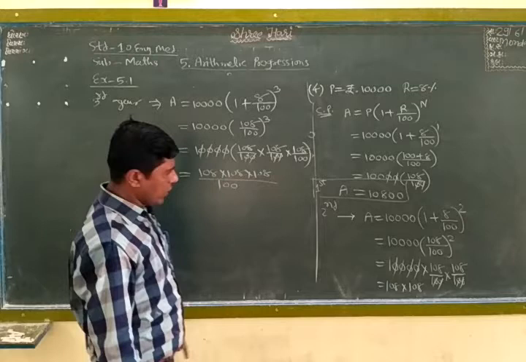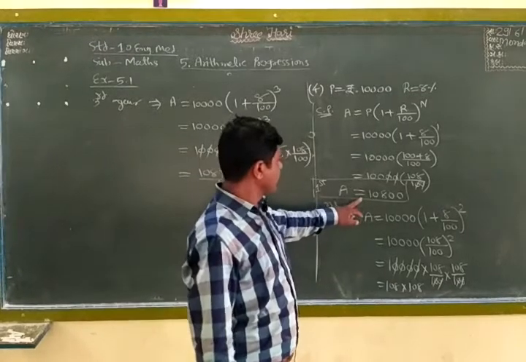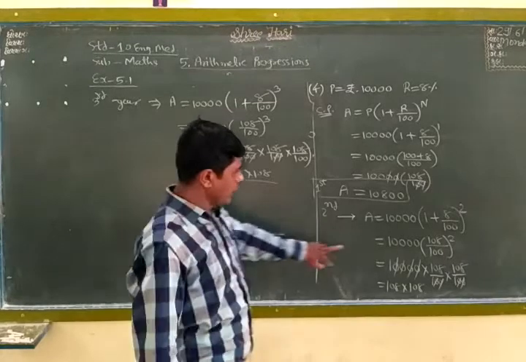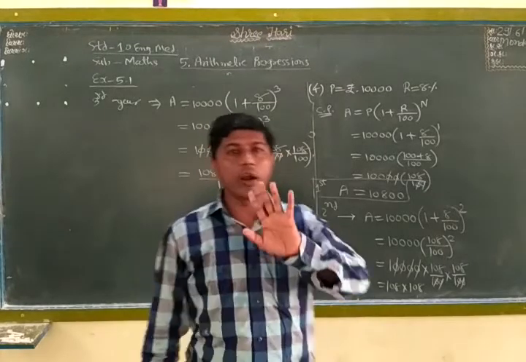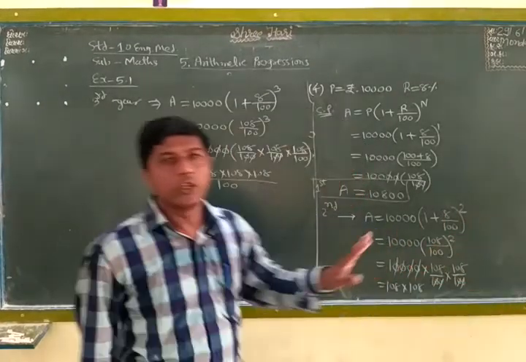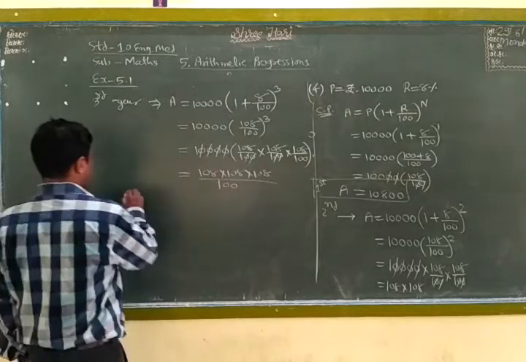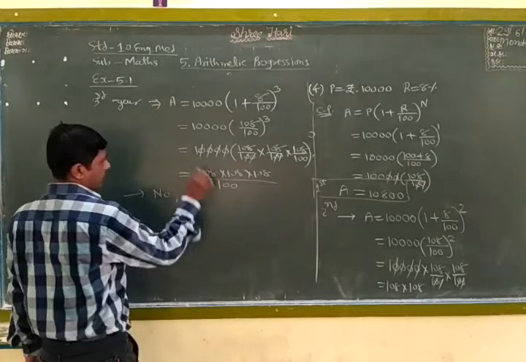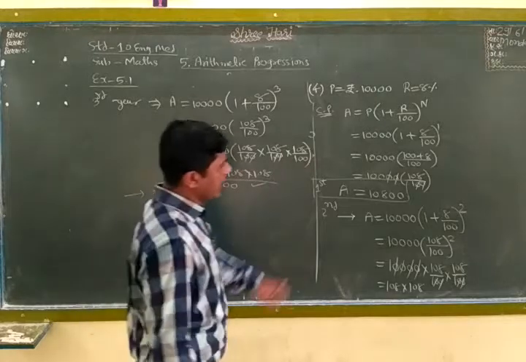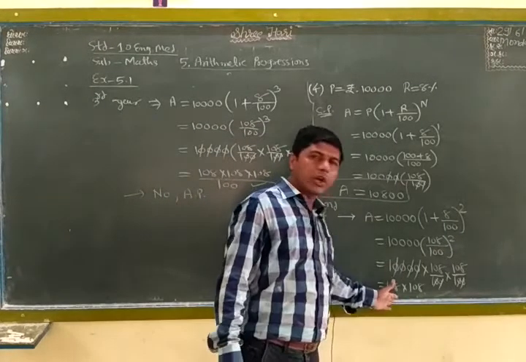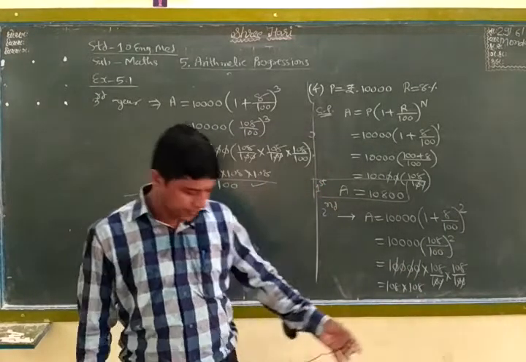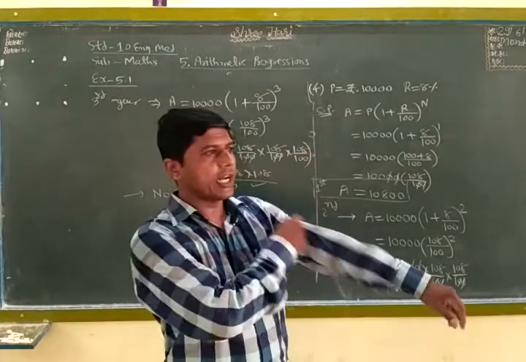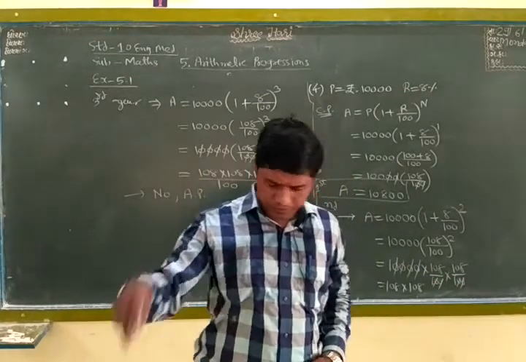So now you saw A, this is the A1, this A2 and this A3. If you subtract, you do not get a common difference. So easily we can say that it is not an arithmetic progression, because here the answer has decimal points, here without decimal points, here also without decimal points. Automatically we can say that the answer is not an arithmetic progression. Now we start question number 2.